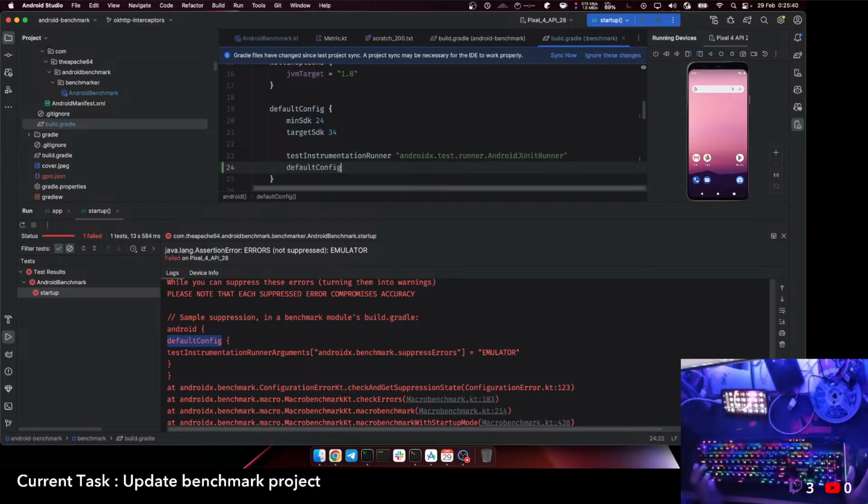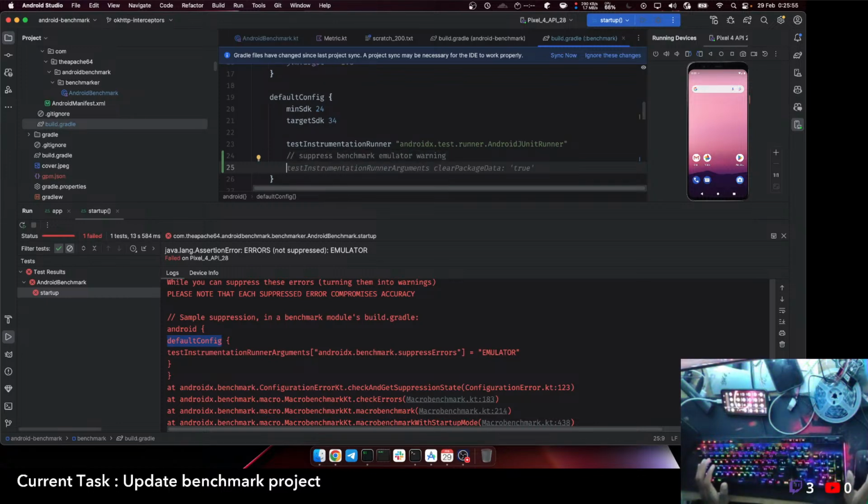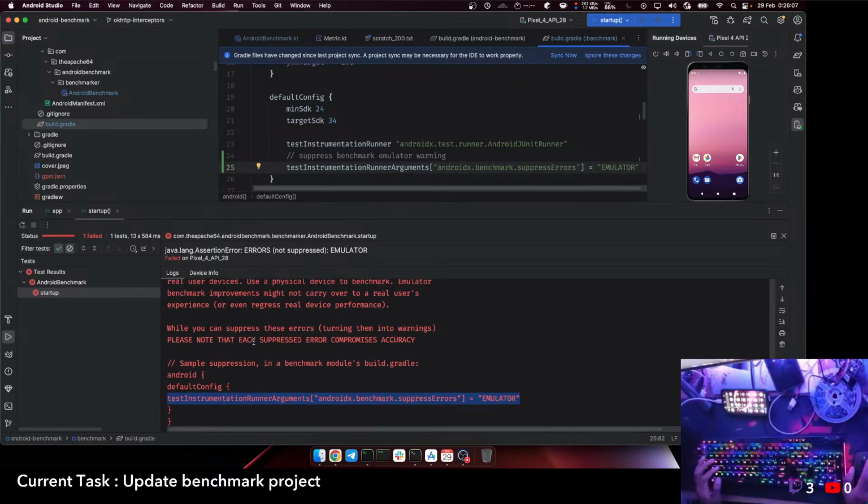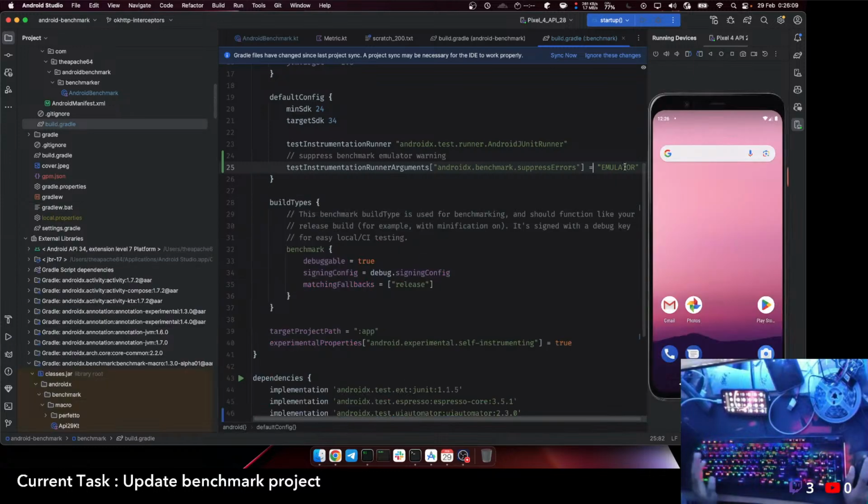suppress benchmark emulator warning. That's not what I'm expecting, but let me try this. And this is probably the KTS script. I'm not sure of the equivalent Gradle script for this, but